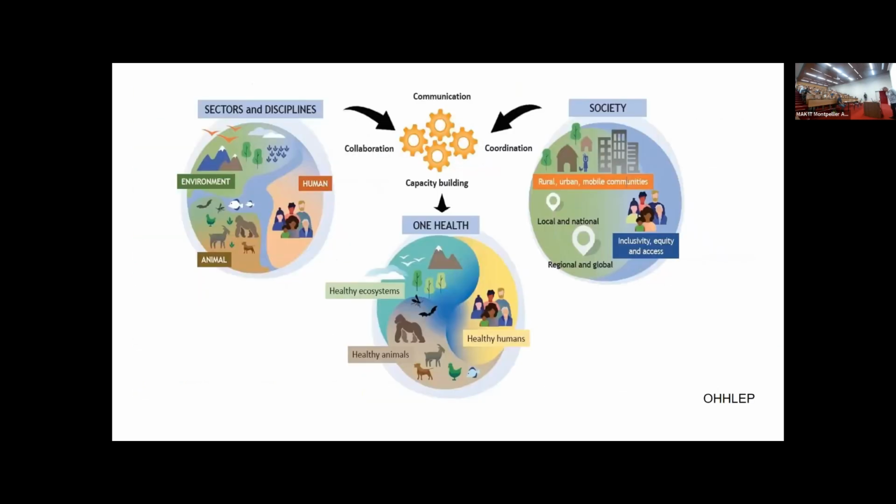So this group from the United Nations made a very nice picture, as you can see here. With the sectors and disciplines from environment, human, animals, and plants somewhere, and also the One Health approach needs to focus also on society. Everyone is there: rural, urban, communities, inclusivity, equity, regional, global, and then at the end of the day, everybody is happy, healthy: ecosystems, animal, human, and plants. So it is the official definition, but